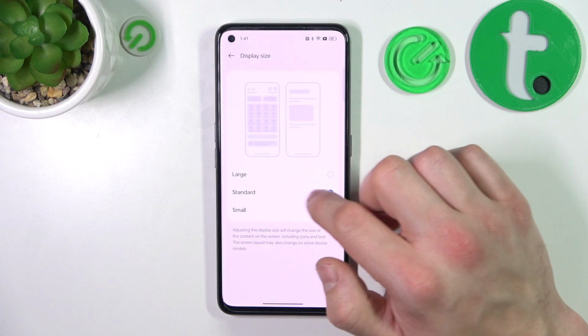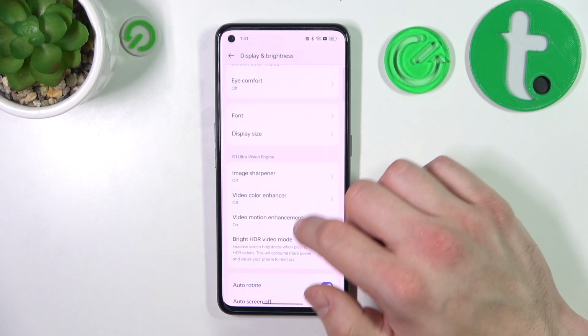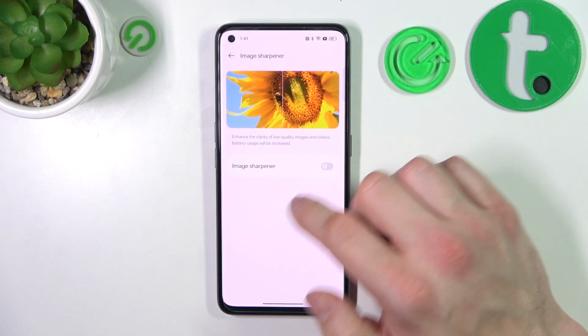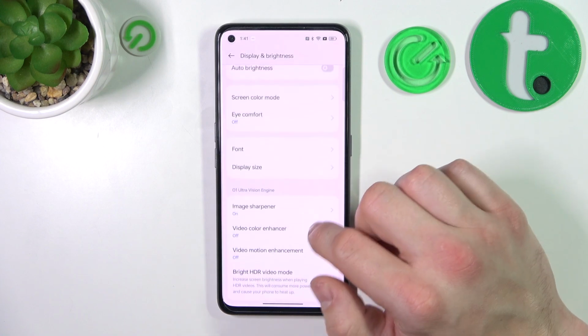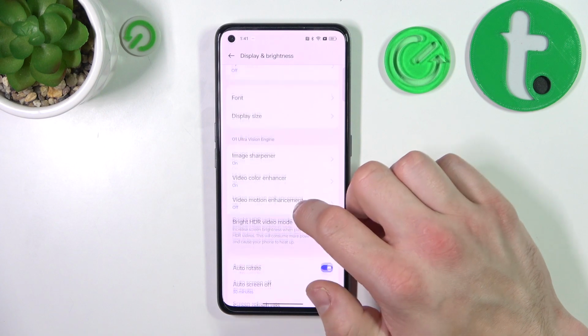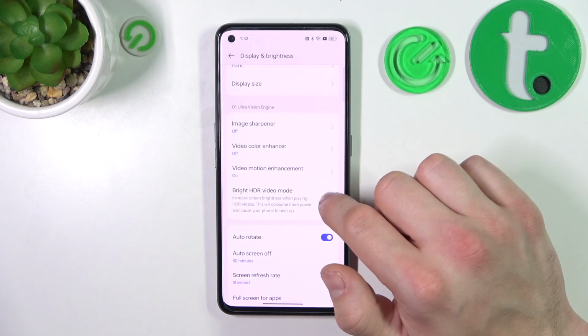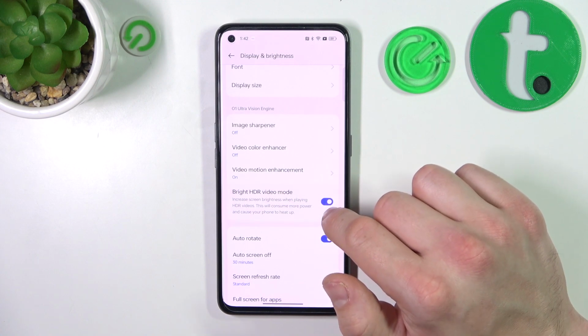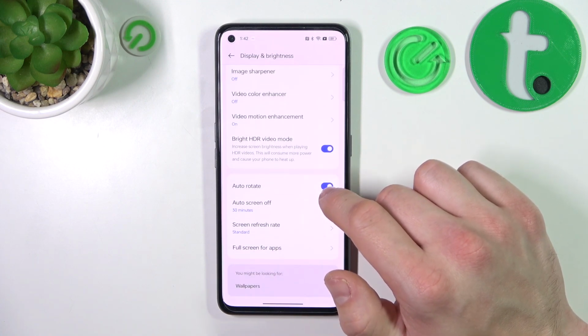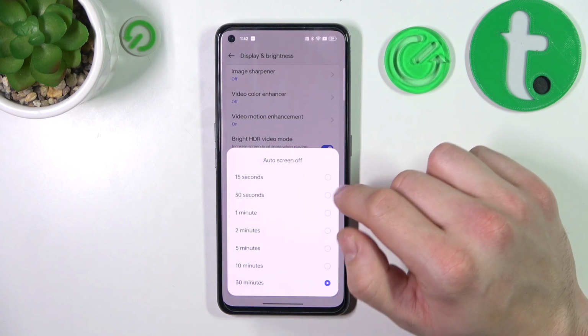Then we can change display size between large, standard and small, enable or disable image sharpener, video color enhancer, video motion enhancement, bright HDR video mode. Then we can enable or disable auto rotate screen, change auto screen off between 15 seconds and 30 minutes,